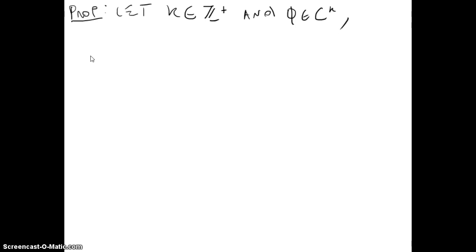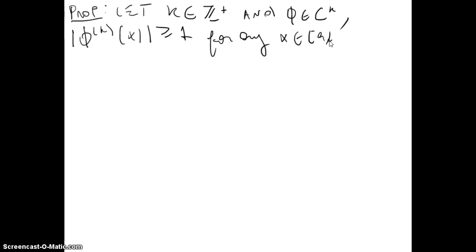Okay, let's consider that k is a positive integer and phi is real-valued, and we will say that phi^(k)(x) is greater than or equal to 1 for any x in [a,b] closed,